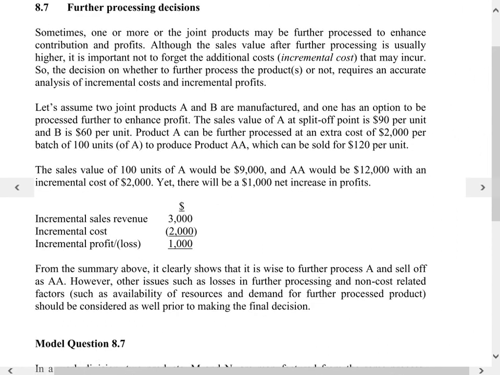Let's assume two joint products, A and B, that are manufactured and one has the option to be further processed to enhance the profit. The sale value of A at split off point is 90, B is 60. A can be further processed at an extra cost of 2,000 per batch of 100 to AA. So from product A to AA,